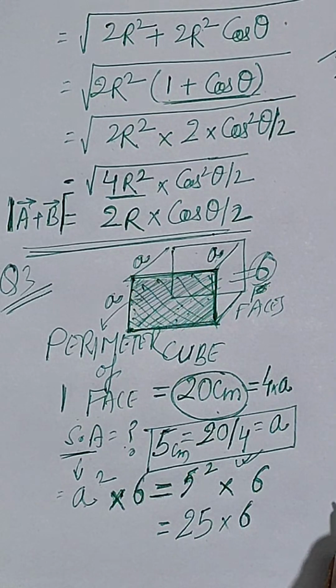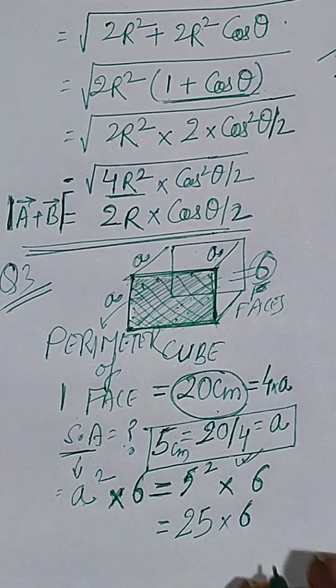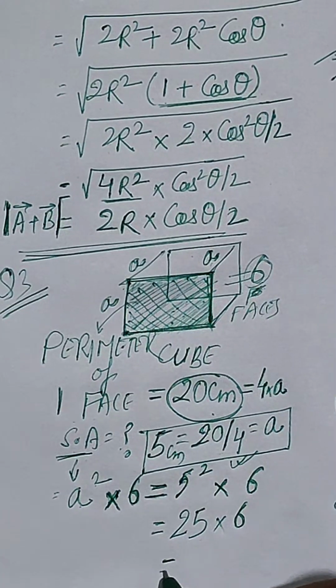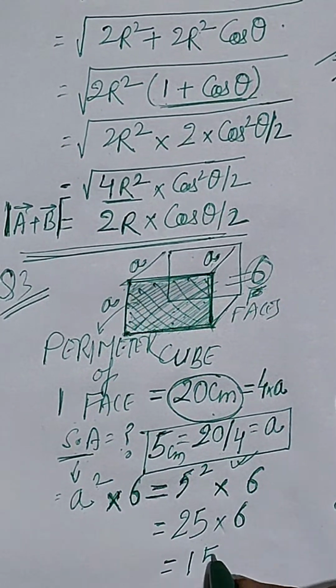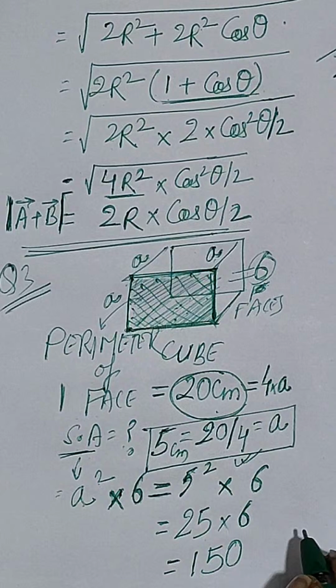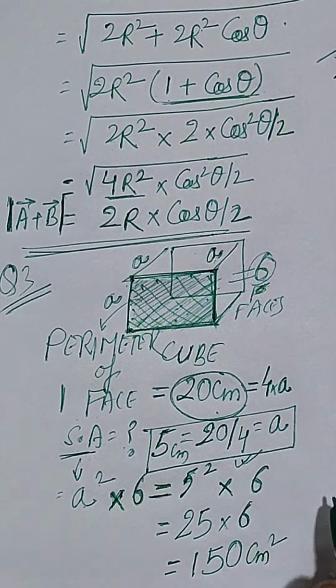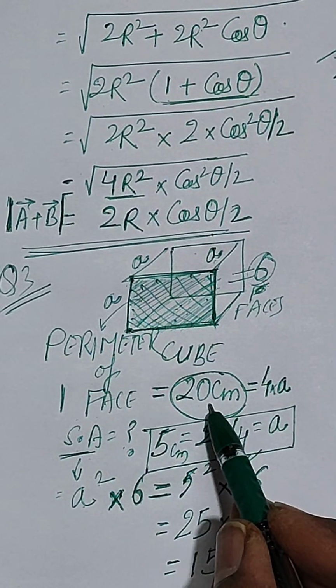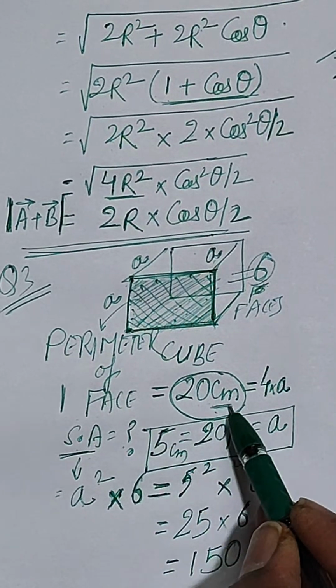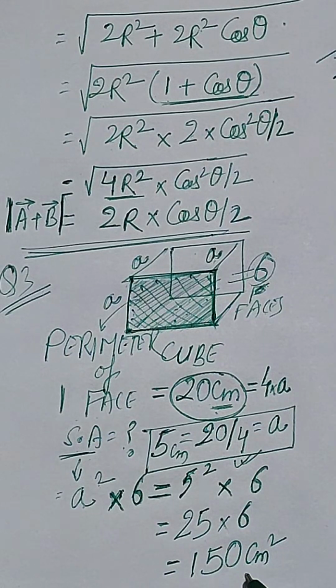So finally it is coming as 150 centimeter square, right? Because the perimeter was given in centimeter, so it will be 150 centimeter